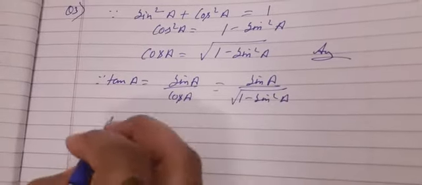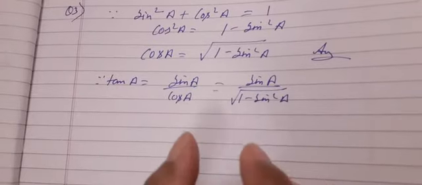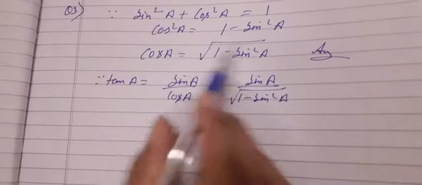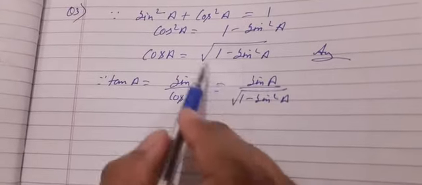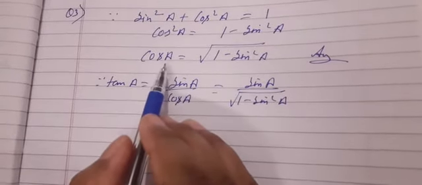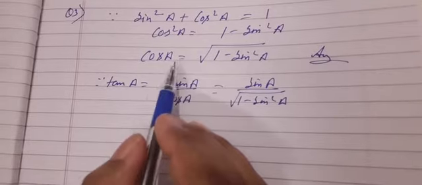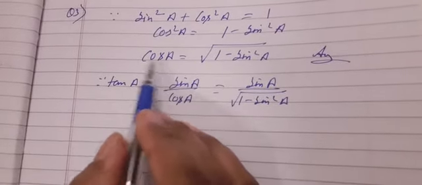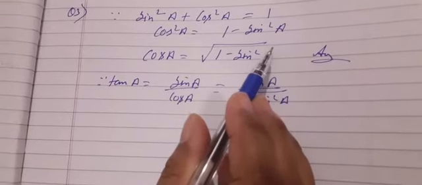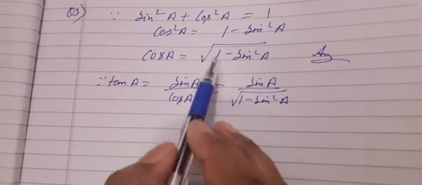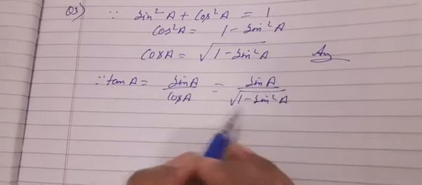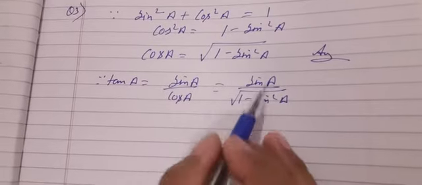Now try to understand what your question says. If you get the value of cos A and you cross check by putting under root 1 minus sin square, you will get the same answer. For example, you can find the value of cos 60 degree, or 30 degree or 90 degree, any angle. Check its value and then cross check: put the equal sign, write under root 1 minus sin square 60 degree, solve it, you will see that the answer is the same. Similarly here we have changed tan A in form of sin A.